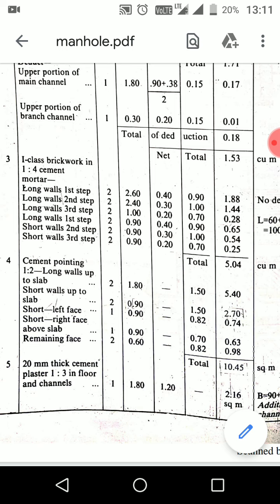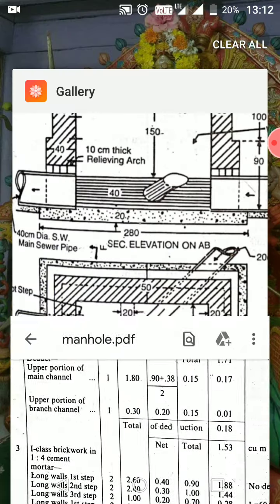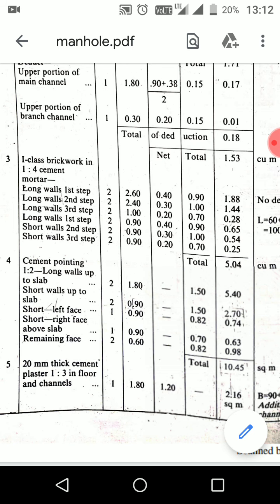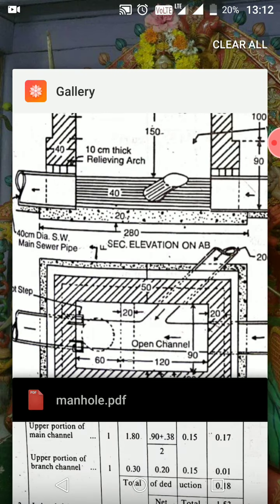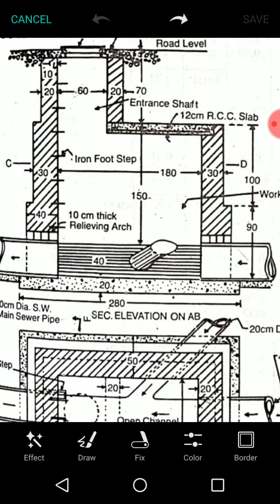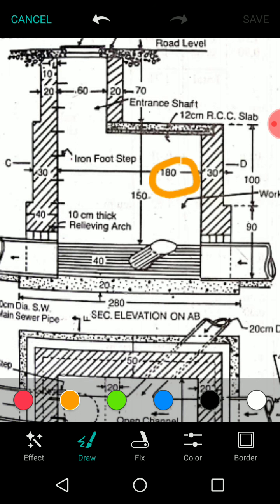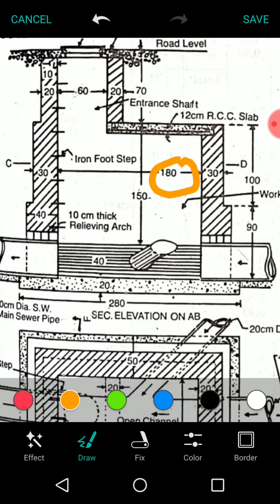So what will be the total quantity of long walls for the first step here? 1.88 cubic meters. Similarly, the long walls for the second step have a length of 2.4 meters, the breadth is 0.3 meters and the height will be 1 meter. Here you can observe, this is 1.8 meters in dimension, plus, as it is a long wall we have to consider out dimension, correct, plus 30 centimeters on this side and 30 centimeters on this side. So totally it is